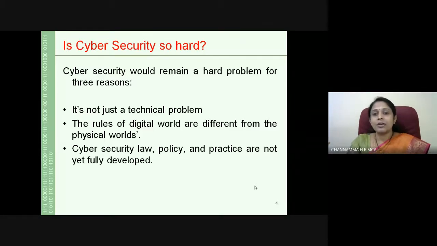Security law has to be framed, and that is taking a lot of time. By the time new technology comes into existence, criminals are already using it to commit crimes. What the punishment would be, how to detect it, and how to manage it is not yet framed in law and order. So that is another problem.